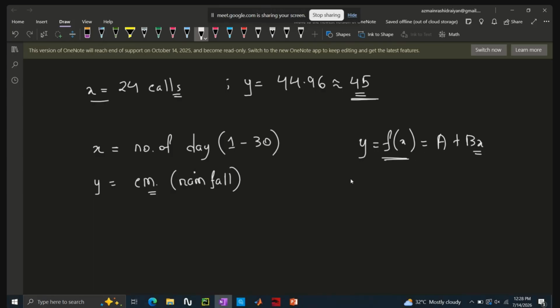then using this linear regression model, on a given day, I can forecast how much rainfall will take place on the third day of the month. If I plug in the value of 3 in this equation, I will be able to find the average centimeters of rainfall on that particular day. So this is the purpose of developing regression models: to capture the behavior and eventually predict, forecast, or project future outcomes